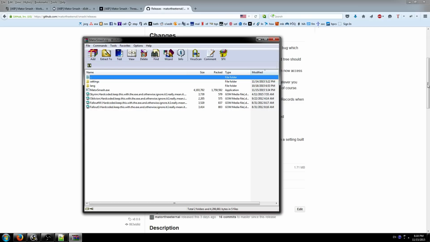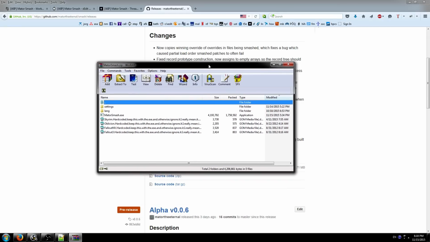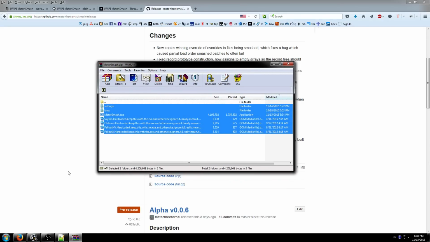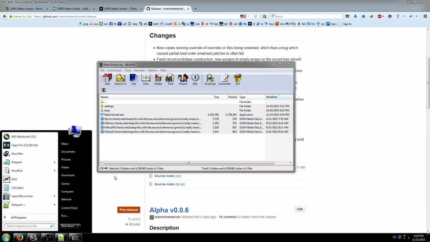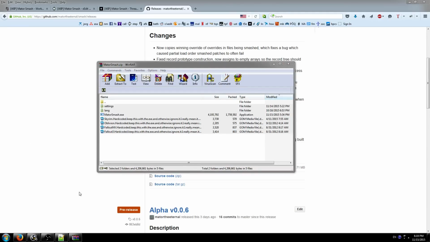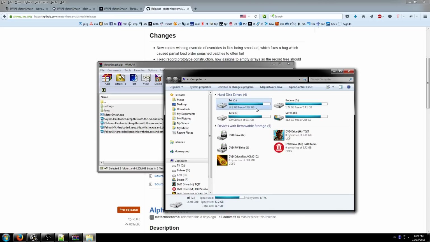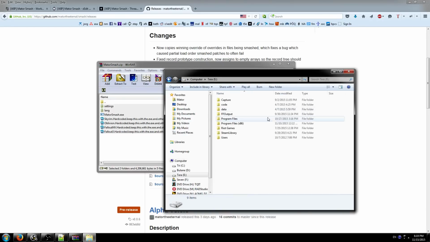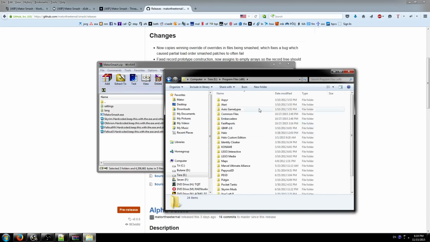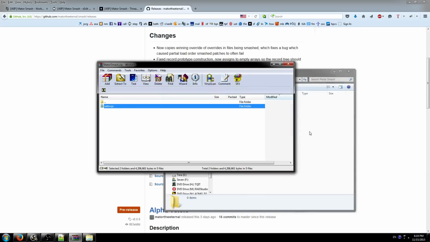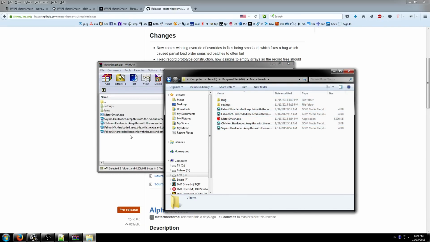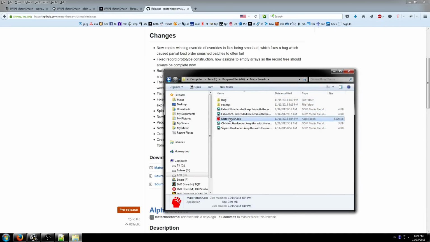So this is the zip file you get, the contents. You just want to extract this to any folder you want. It really doesn't matter what folder you use for this. It's entirely up to you. Wherever you store your tools works. Your Skyrim directory, program files, really whatever you want. So I'm just gonna drop it on my E drive, I think. I don't know, make a folder in here, call it Mator Smash, and just drag and drop. And there it is. That's all you have to do for installation,